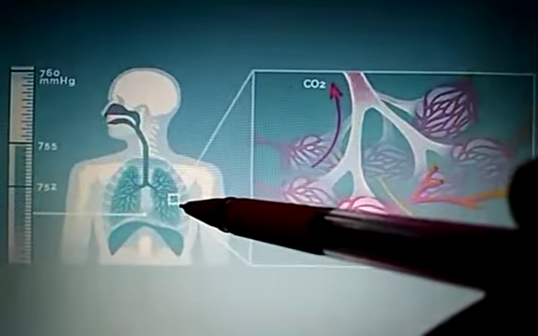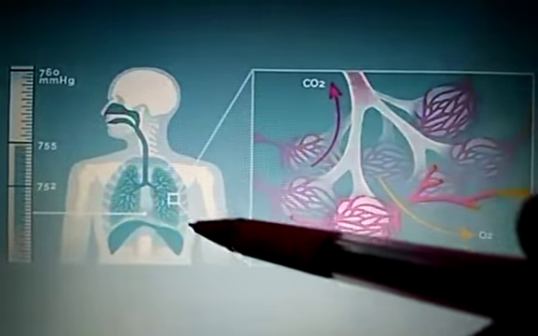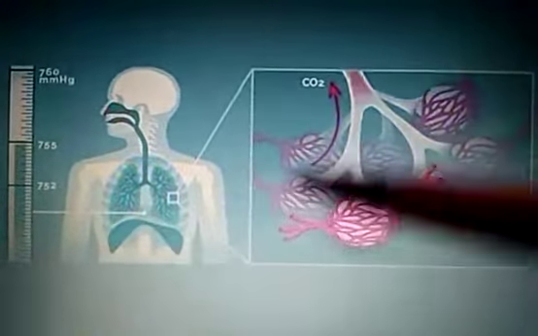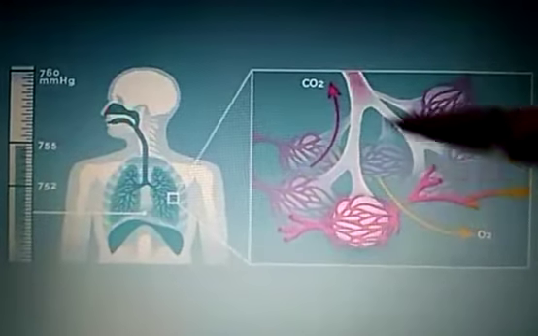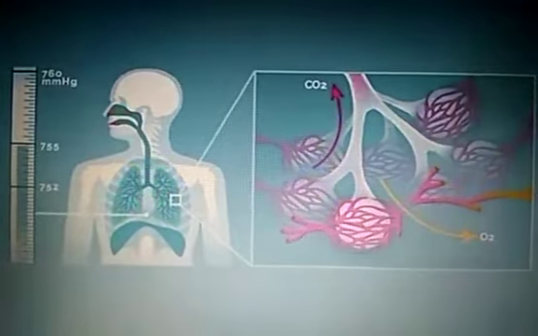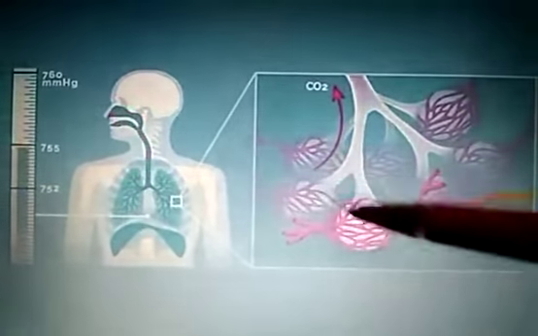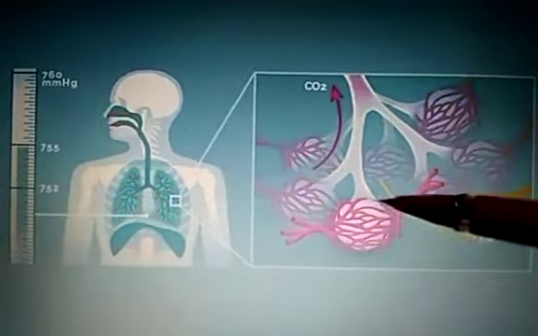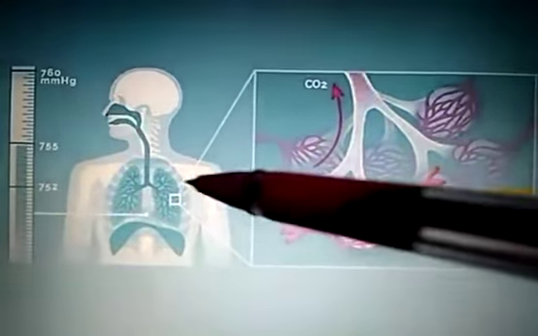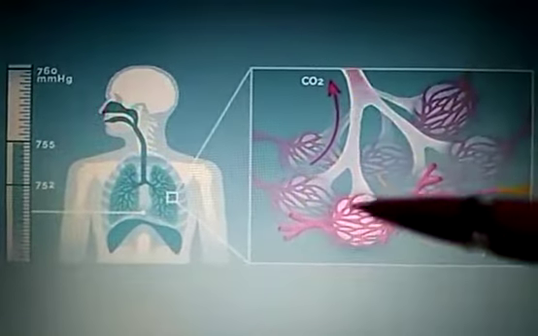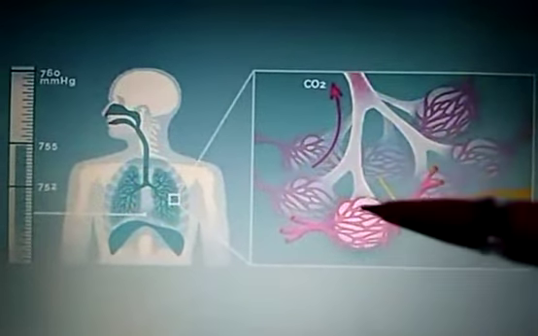Bronchioles ultimately open up into a sac-like or balloon-like structure known as alveoli. You can see in the magnified figure, these white branches are bronchioles, and these balloon-like structures, depicted here as white spheres, are actually alveoli. So you can say that lungs are nothing but the assemblage of alveoli, bronchioles and blood vessels.